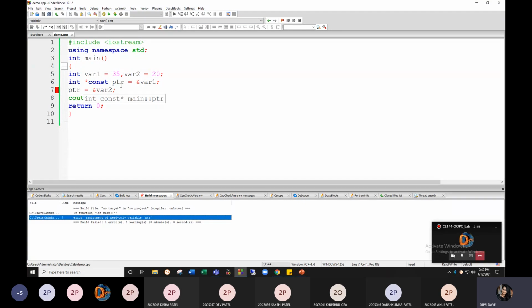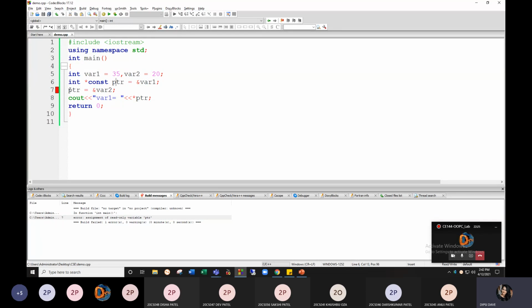Now, we have created a constant pointer. How can we create a constant pointer? By putting const before the pointer name, right? So instead of integer star ptr, we write integer star const ptr. So the address which you are assigning to ptr will remain the same in the entire program. Right now we are assigning the address of variable 1 to ptr, right?